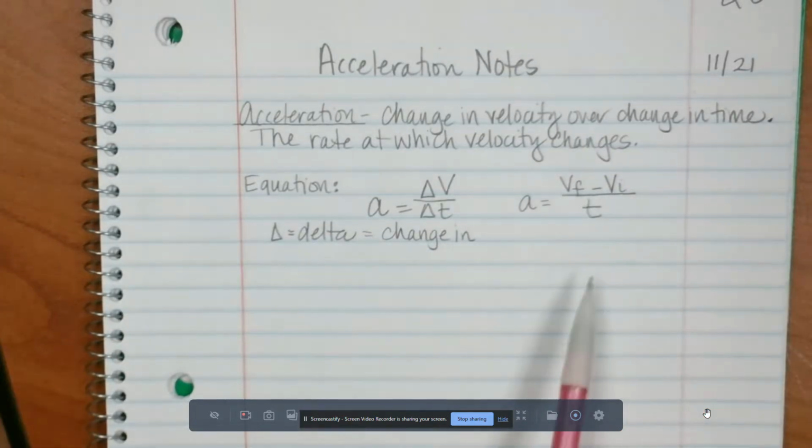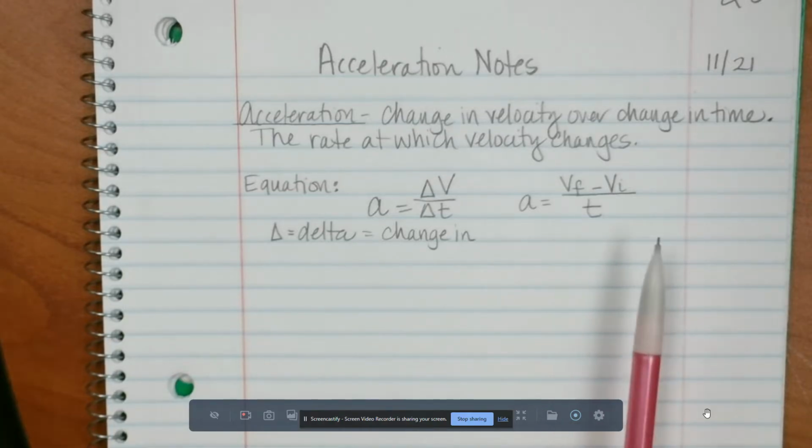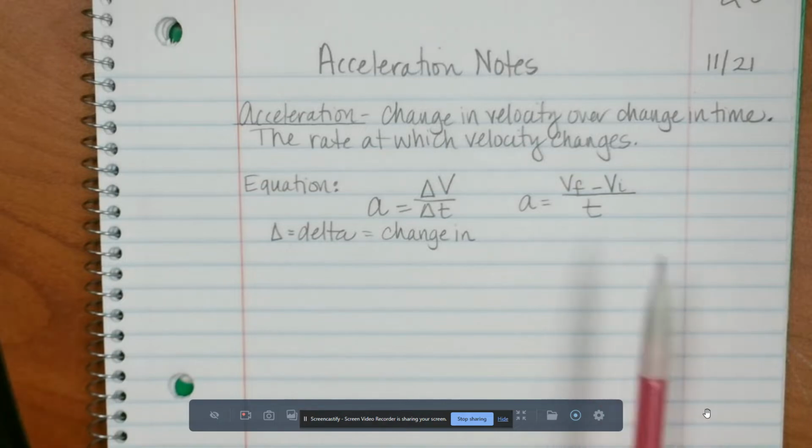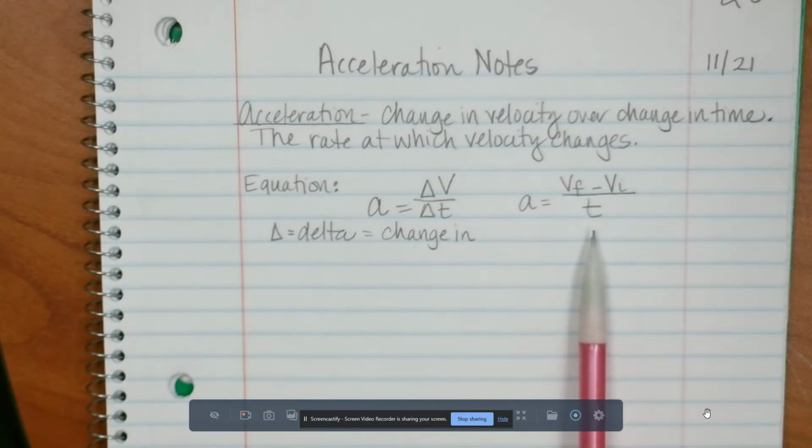Now, we could even say final time minus initial time to get a change in time. But most of the time we start at 0 seconds. So we just go from 0 to 10 or 0 to 20. And so we use 20 seconds for our time. But sometimes you might start at 10 and end at 20. So it's the change in time. So you'd have to subtract 20 minus 10. So that doesn't happen very often, but you do have to know